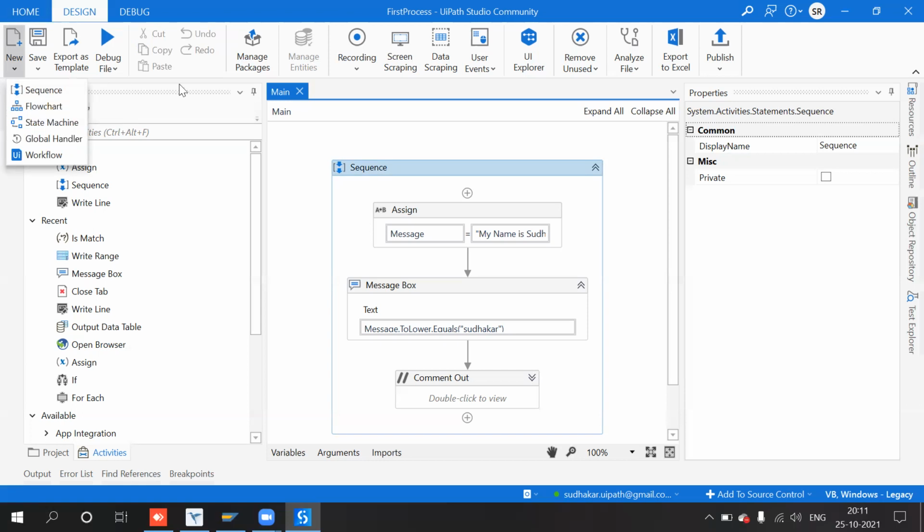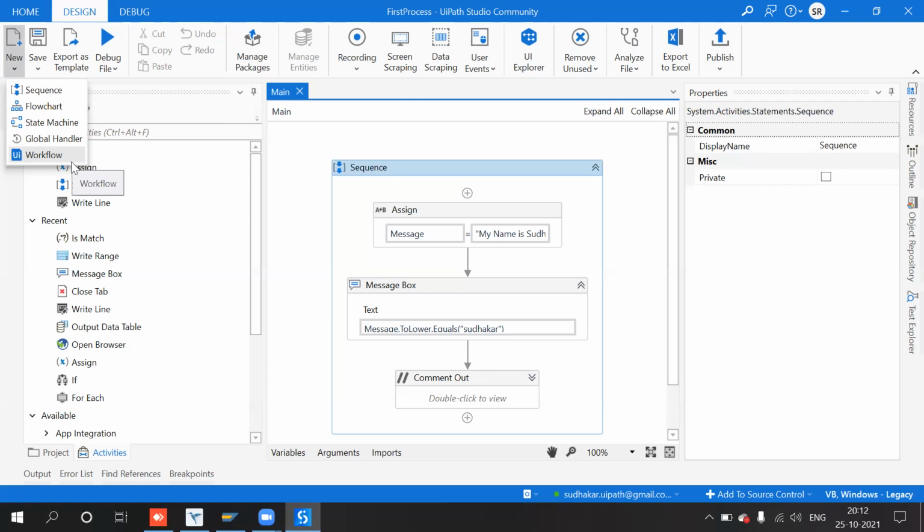The different types of workflows are sequence, flowchart, state machine, global handler, and in version 2021.10.0, which we are using, one more workflow has been added called UI workflow.